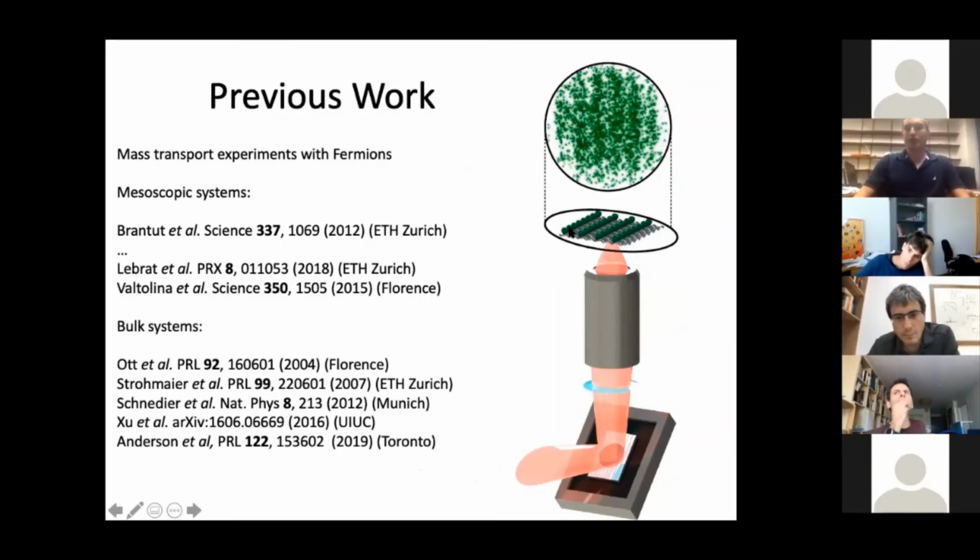So measuring conductivity in our systems is hard. We can't just stick in leads and measure a current in response to a voltage. People try to emulate this in these systems. There are some beautiful experiments from ETH Zurich where they try to engineer reservoirs and connect them with channels, and then you can apply a chemical potential difference between the reservoirs and look at the flow of the current in response to that. So it's sort of like the traditional way you would measure resistivity. But because our systems are so small, usually in these experiments you end up measuring properties of the channel rather than the bulk resistivity. So we have to go to more roundabout ways of measuring the resistivity,